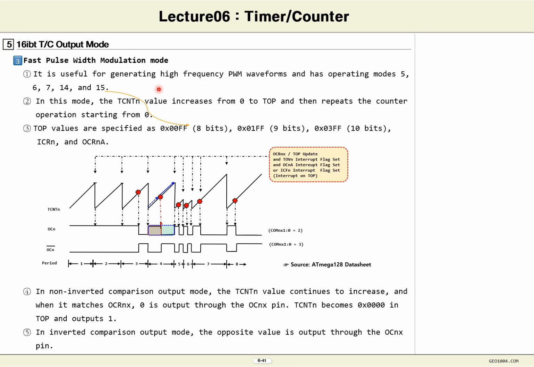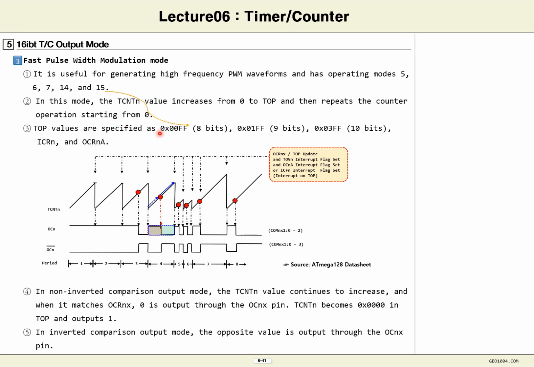Fast PWM mode can be useful for generating PWM waveforms corresponding to high frequencies. In this mode, the TCNT value increases from 0 to top, then goes from top to 0, and then increases again to top. Therefore, as you can see, the top value can be set to 8 bits, 9 bits, 10 bits,